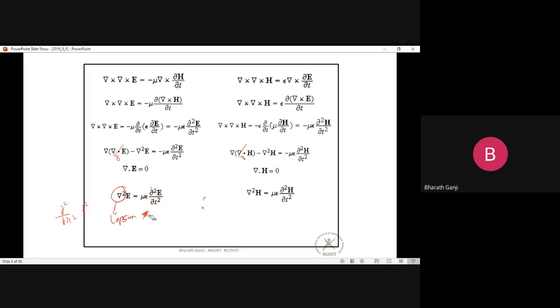These kinds of equations can have only one kind of solution for the electric and magnetic fields, that is wave. Because this is nothing but a wave equation